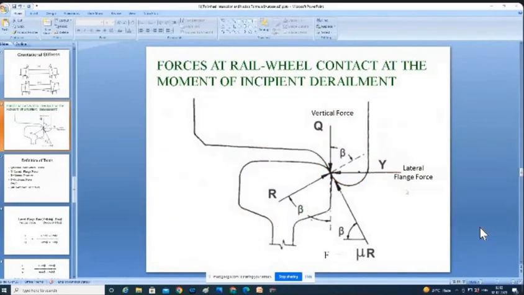Okay? Is it clear to you? Vertical force, where did it come from? Lateral flange force, where did it come from? Yes, sir. Clear, sir. It's clear? Clear, sir. Got it, sir. Right. So now,